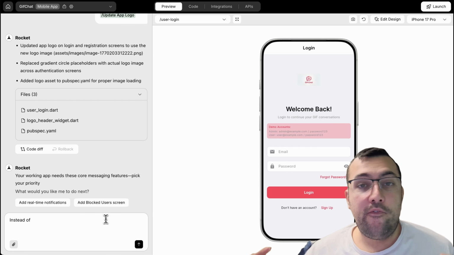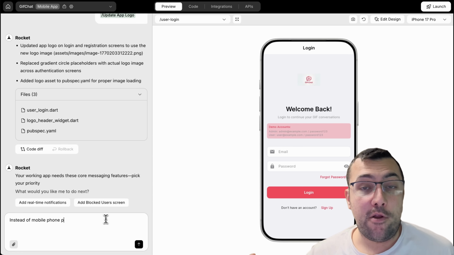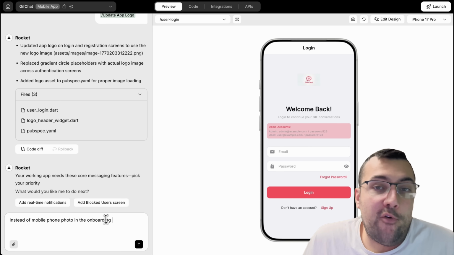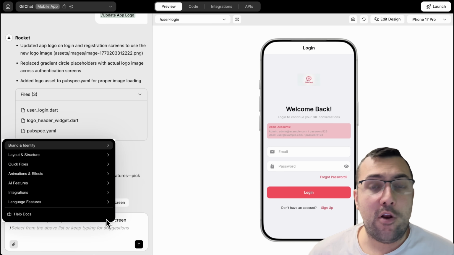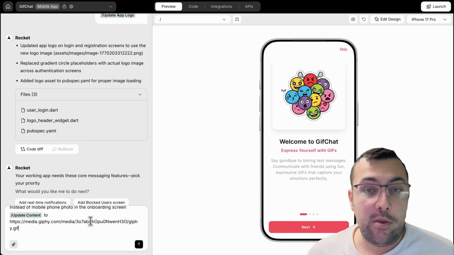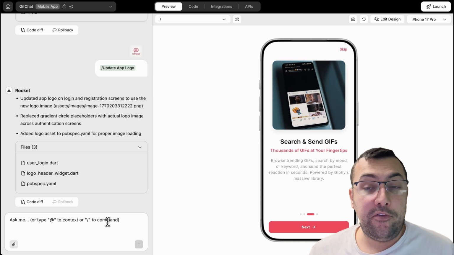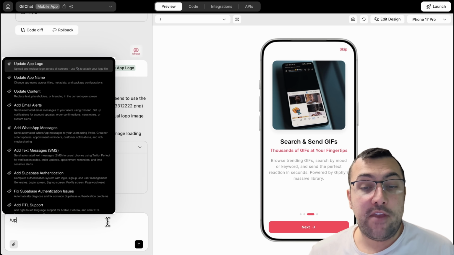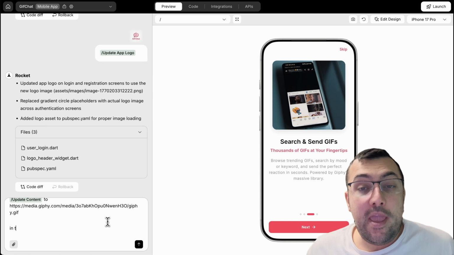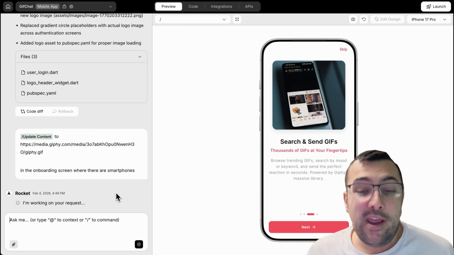We can also, there's a mobile phone photo on our splash screen that I want to change. And if you want to change that, generally on other platforms, you'd have to say, hey, change this and hope for the best. Also, you can always go through the code if you wanted, but you can see here in our prompt, we can say, hey, instead of the mobile phone photo, update the content to, and then we put in the GIF that we want. And you can see here, because Rocket.new has these / commands, we can actually change content extremely easily, and the application that Rocket.new is making actually understands what we are changing and why we are changing it. So it is smart